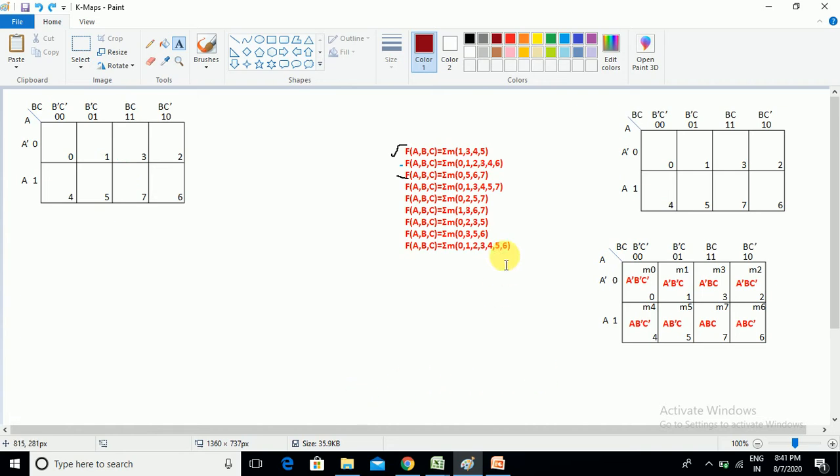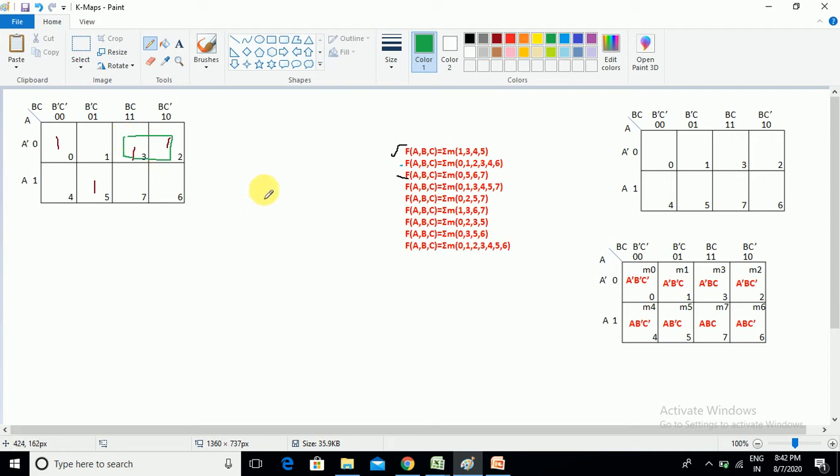Next question, 0, 2, 3, 5. Which ones are selected? 0 and 2, and next 3 and 5. So this is a somewhat different problem. Let us discuss here. Whenever you go to a problem, first make the easy grouping. Looking into the diagram, we can easily map 3 comma 2 or 2 comma 3. One group has been completed.